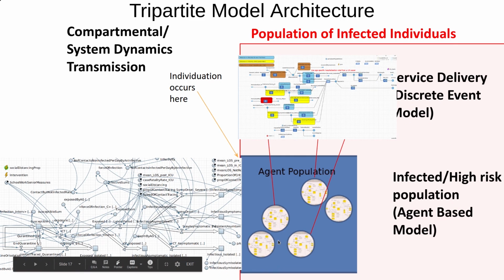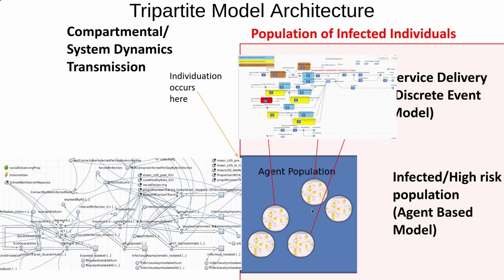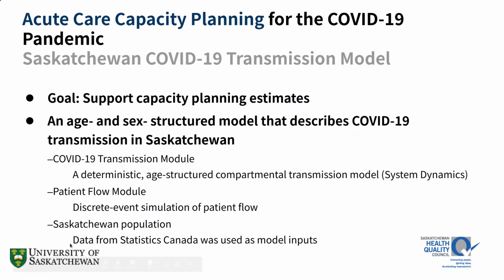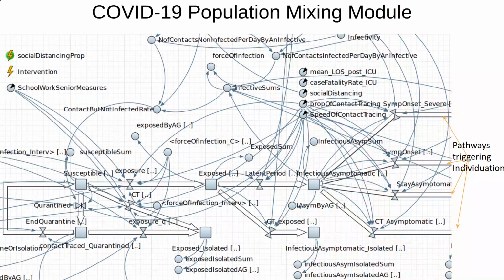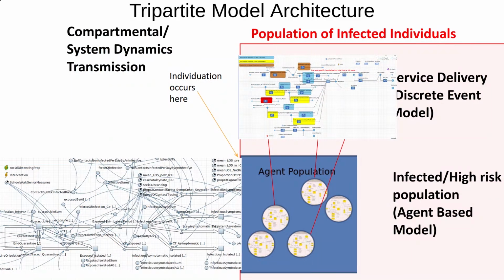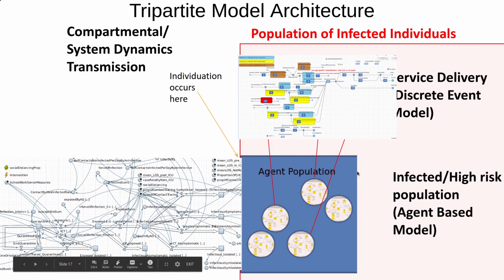But they can be rendered into agents once they are infected, in which case they can infect other individuals, they can flow in for care, and they can be discharged from care at a level of their particular characteristics and heterogeneity. So this includes a characterization of patient flow through the system, and a capacity to represent different regions within our province or indeed within Canada more broadly. This modeling makes use, therefore, of